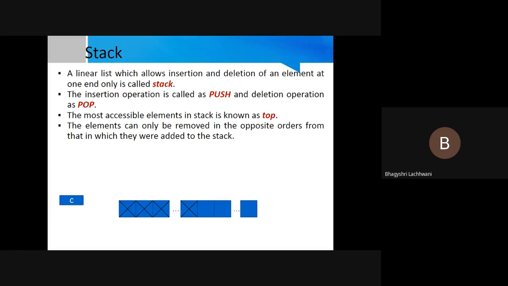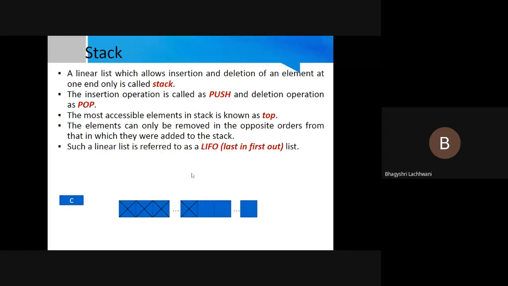We just have to put the opposite order for removing an item from the stack. Either you are inserting an item or you are discarding an item. That is only allowed from the element that is at the top of the stack. Only one element is allowed, the one on the top of the stack. Okay, so we will see here again.